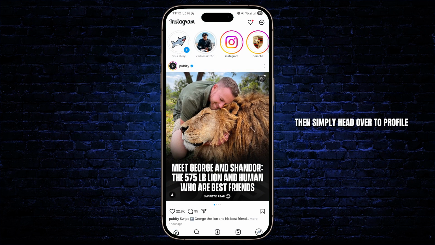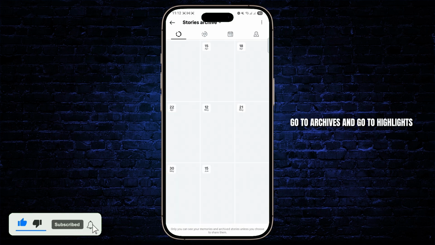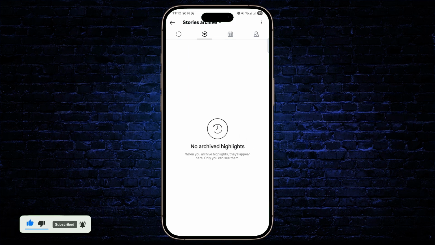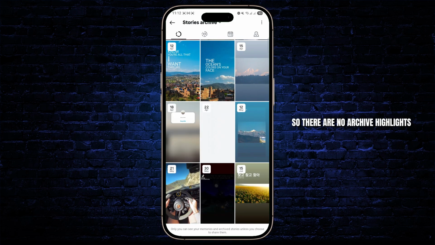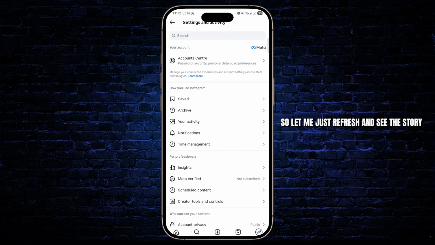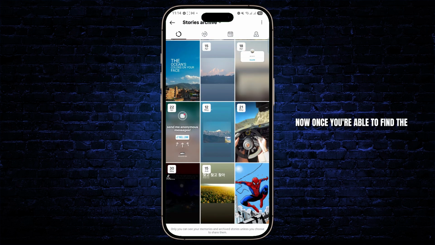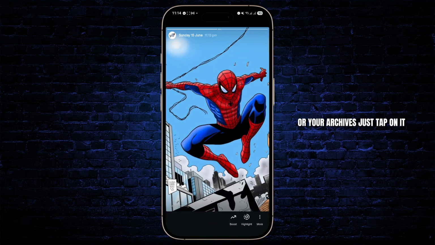Then simply head over to Profile and go to the three dots, go to Archives, and go to Highlights. So there are no archive highlights, but there is an archive story here. So let me just refresh and see the story. Now once you're able to find the story on your highlights or your archives, just tap on it and tap